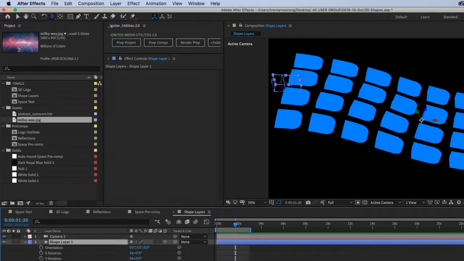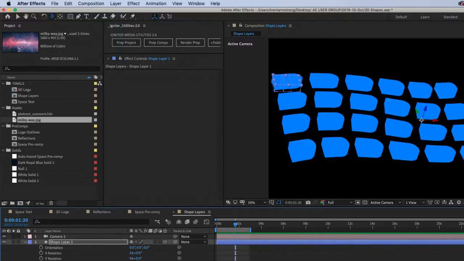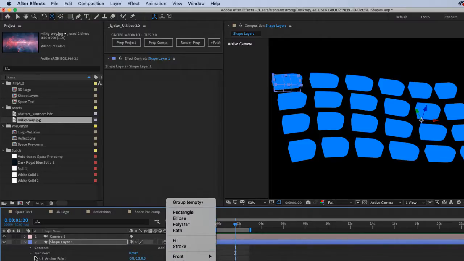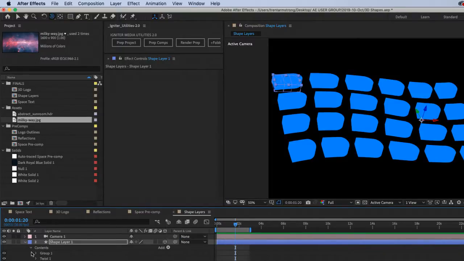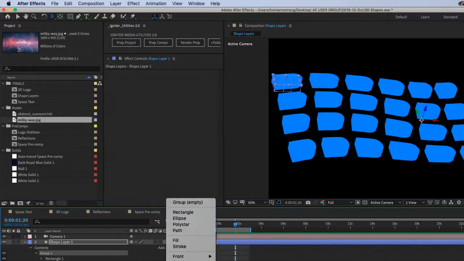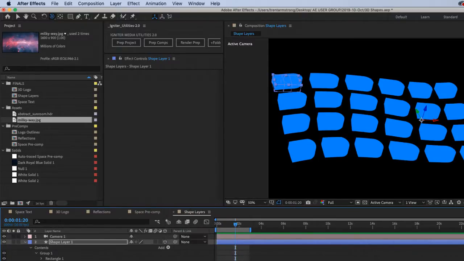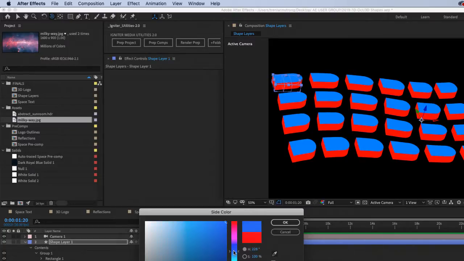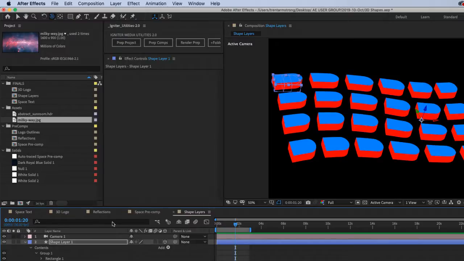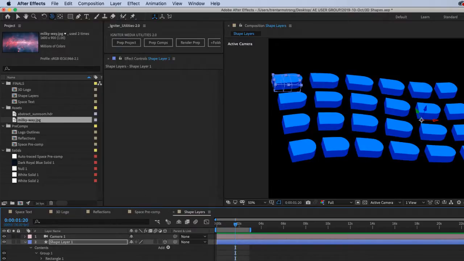That's not it. By adding a contents side, like that. So kind of cartoony.